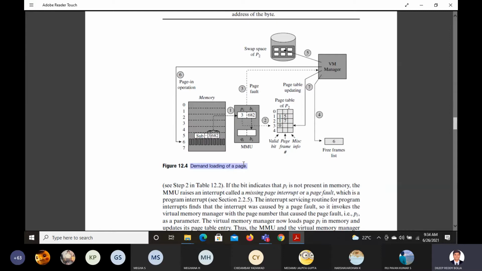What will happen? That story, step by step, is what the virtual memory tells: 1, 2, 3, and 4, 5, 6, and 7. First it will check in this, second it will check in this. It's like your parent coming to the college and asking where is my child. After that, the third, a page fault will occur, indicating that you are not there in the campus. Now what will happen now?